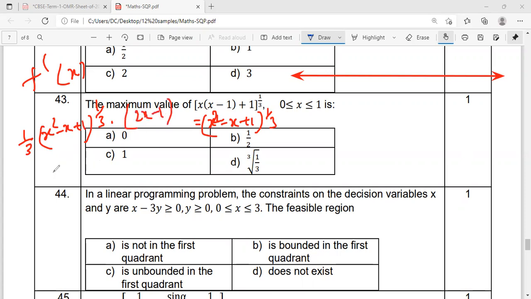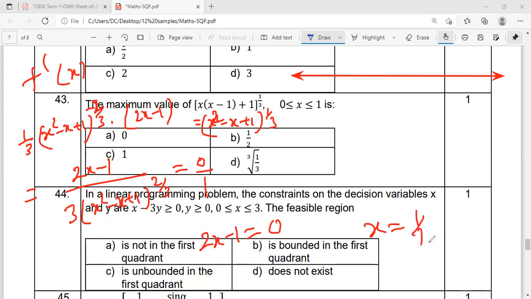All right, so n minus 1 should be minus 2 by 3, no? And this can be written as (2x minus 1) divided by 3 times (x squared minus x plus 1) to power 2 by 3. But for maxima and minima, whatever f dash x comes, we'll put that equal to 0. Cross multiply it, it means 2x minus 1 should be 0, or x should be equal to 1 by